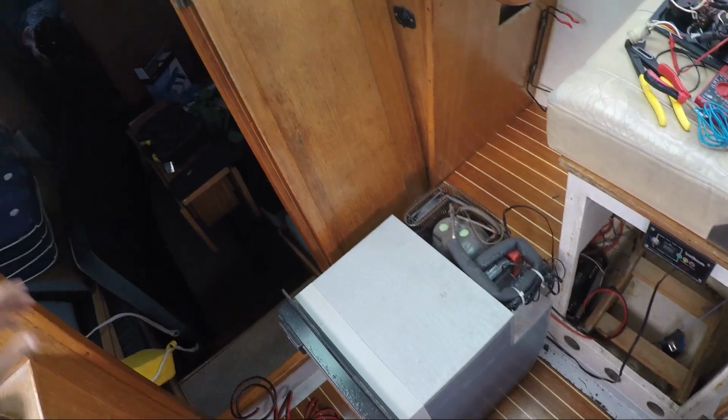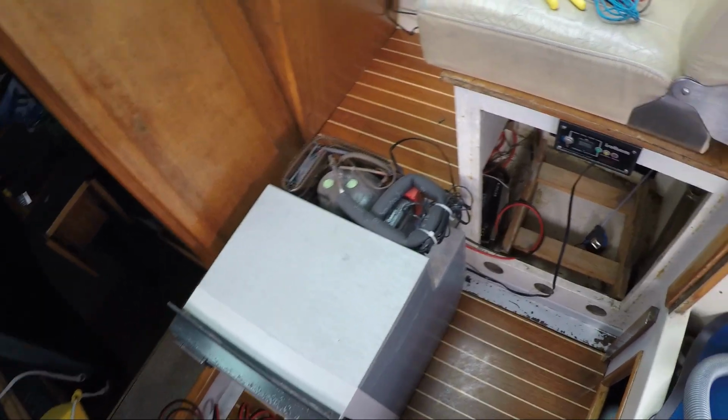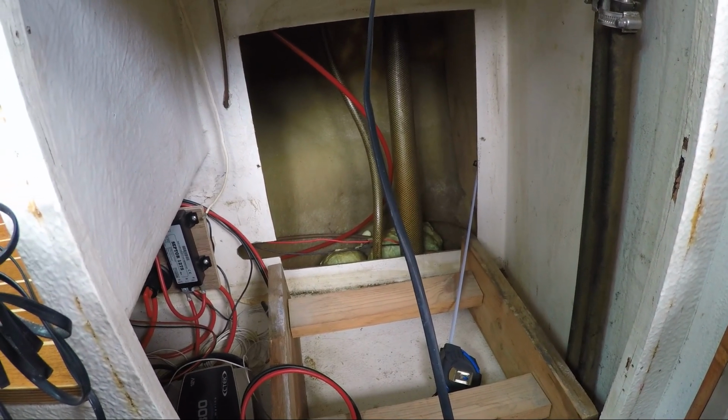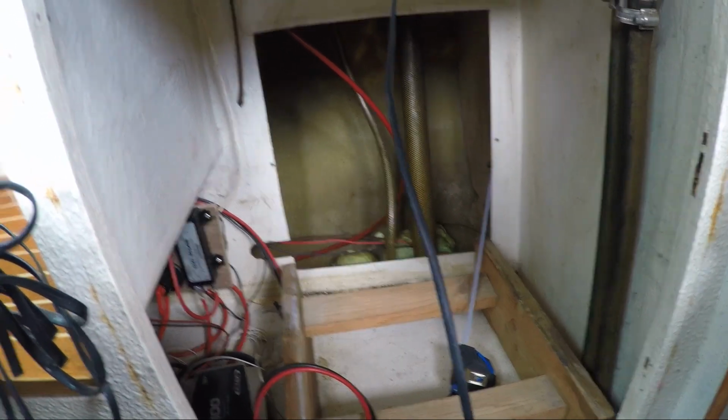I had to pull the refrigerator out in order to access the place where I'm going to pull through the cable. And as you can see, it's not that easy, because it's just not symmetric. No matter where I try to drill, there's something in the way. But I managed to find a place, and